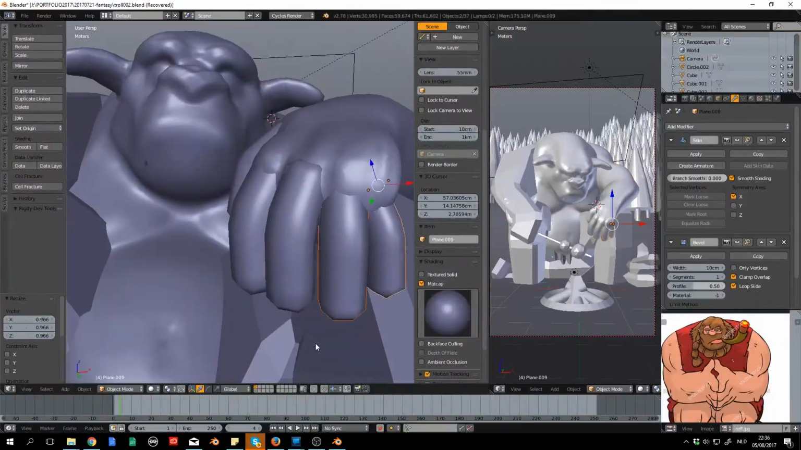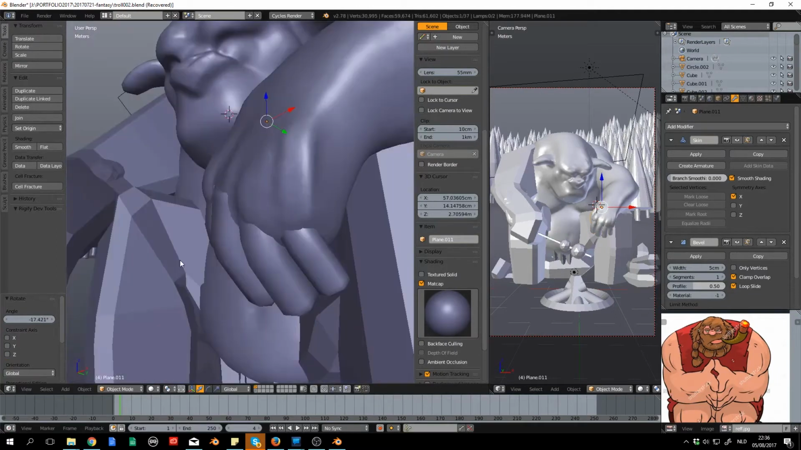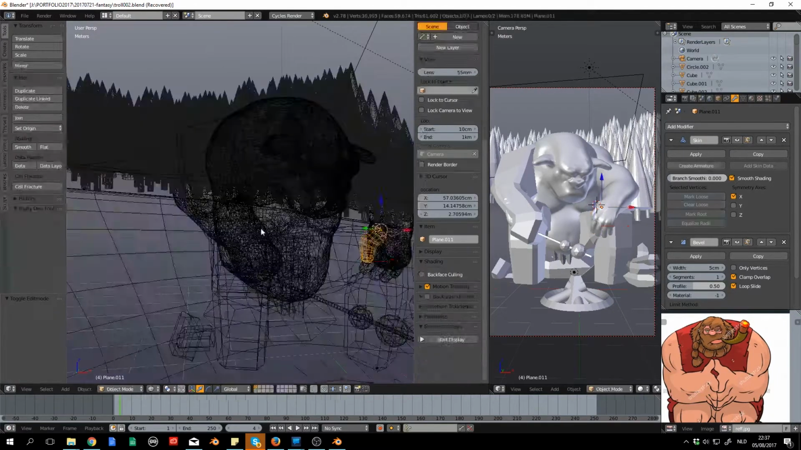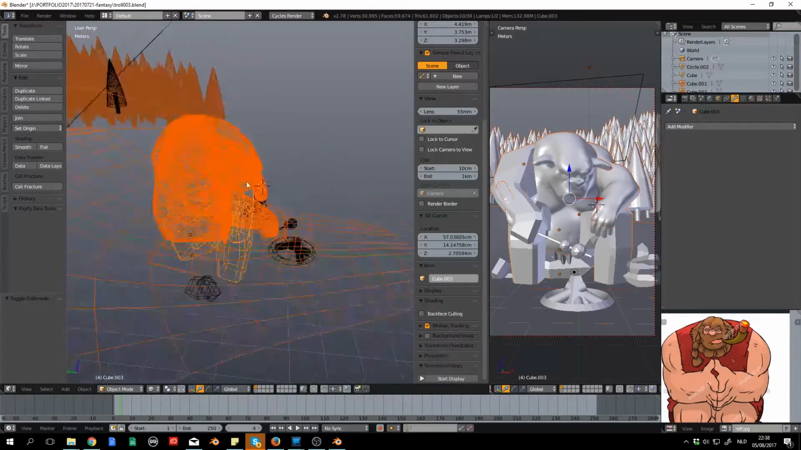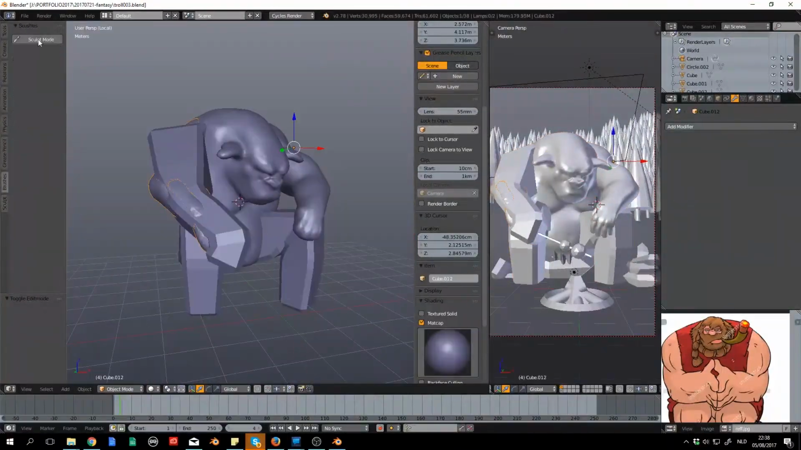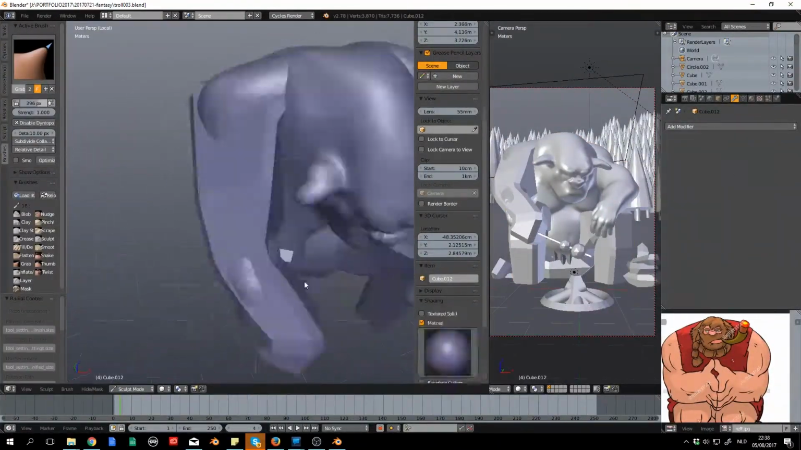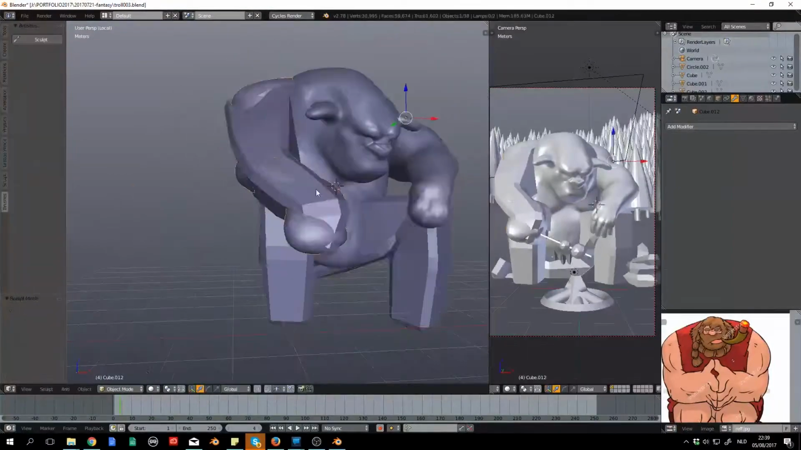So that happened once or twice. This is like the 2.79 build, so it's not the most stable build, so I can't really complain. If I wanted a stable build, I should have worked in a 2.78, but I'm already using the principled shader, so hey. So this is where the blockout gets in handy, that I copied the left arm to the